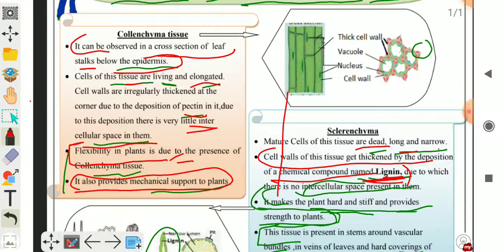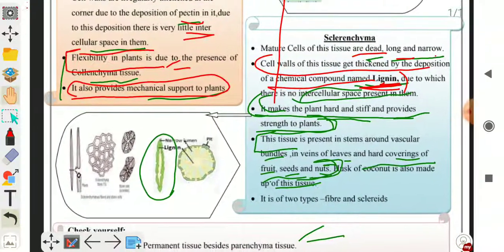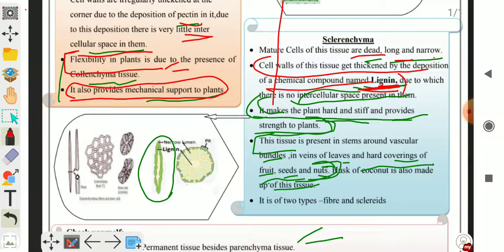You can write collenchyma tissues provide flexibility and mechanical support to the plant, while what is the function of sclerenchyma? Sclerenchyma tissues provide hardness or stiffness to the plant, or it makes the plant hard and stiff and provides strength to the plant. So you can write 4 differences between the